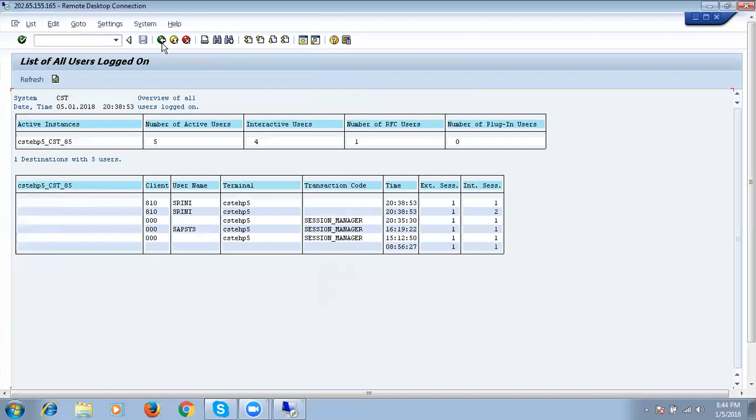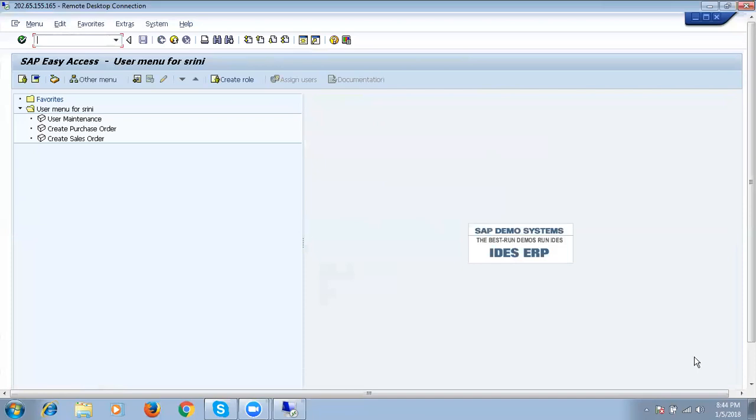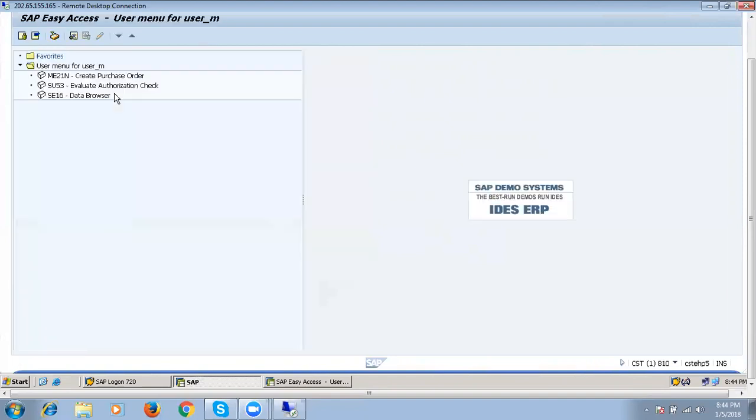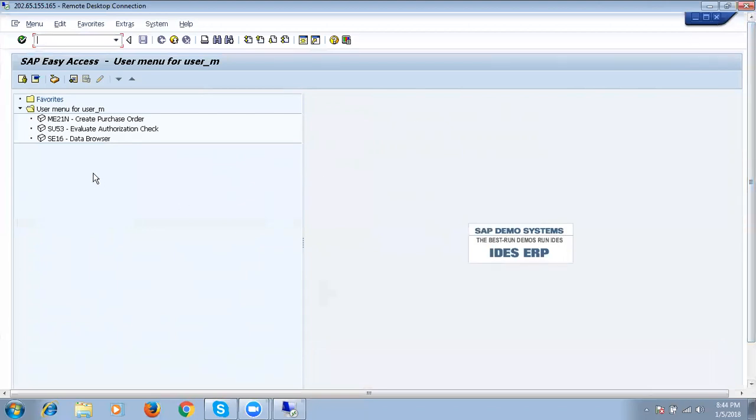Say for example, if you log into the system through one user, say the user executed this MU21N.